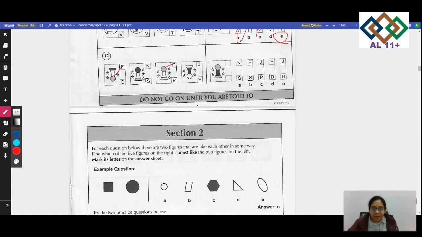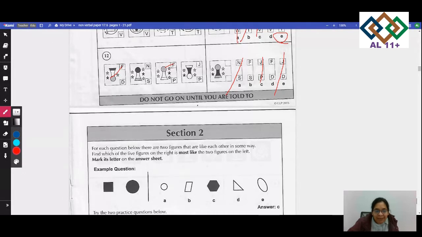What's happening in F? Sometimes you just do it and you come to know really soon what the shape is. So I know the top one is F. Now I need to look at between S and D. S has one, two, but I need four stars. Can you see it? One, two, three, four. And what's happening here? Now you have to look at the stars outside. It's one, two, three, four, five.